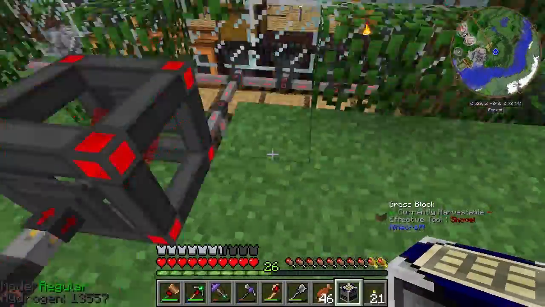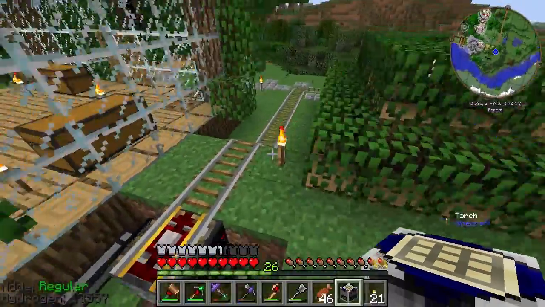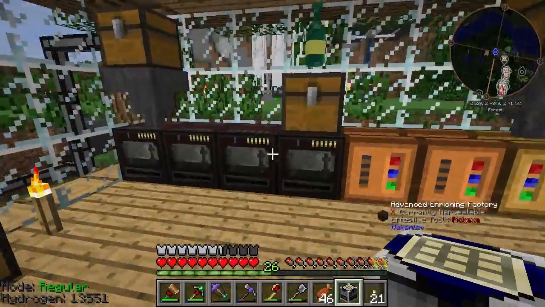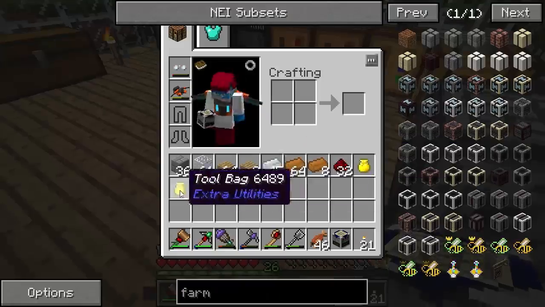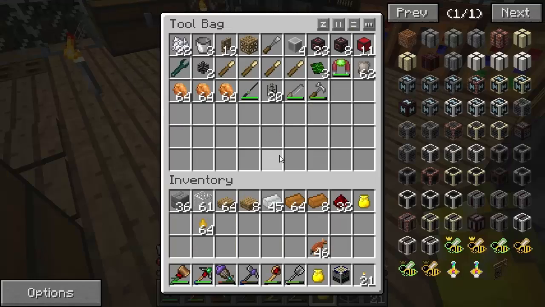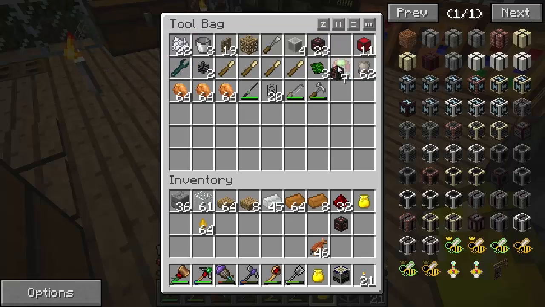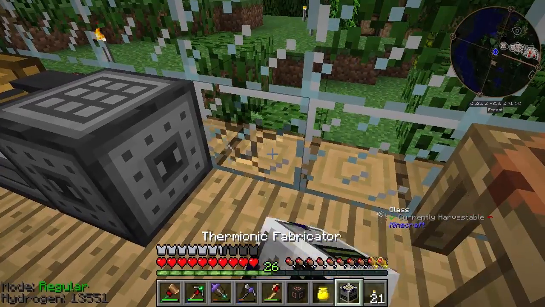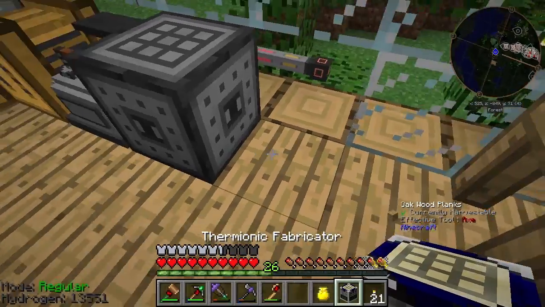So let me go ahead and where do I want to put you? Do I want to put you upstairs or downstairs? I'm not entirely sure. Well, I can't fit you upstairs unless I get rid of this. Now, do I have in my tool bag, I probably do, some of that advanced cable. Enhanced energy conduits. That's the one. That's what I need. Just one of those will do. So if I get rid of that, okay, and I place that there, and I get my ender...